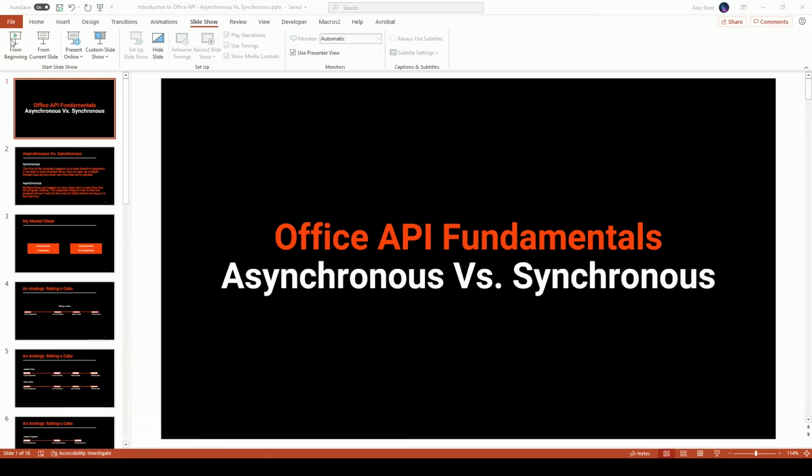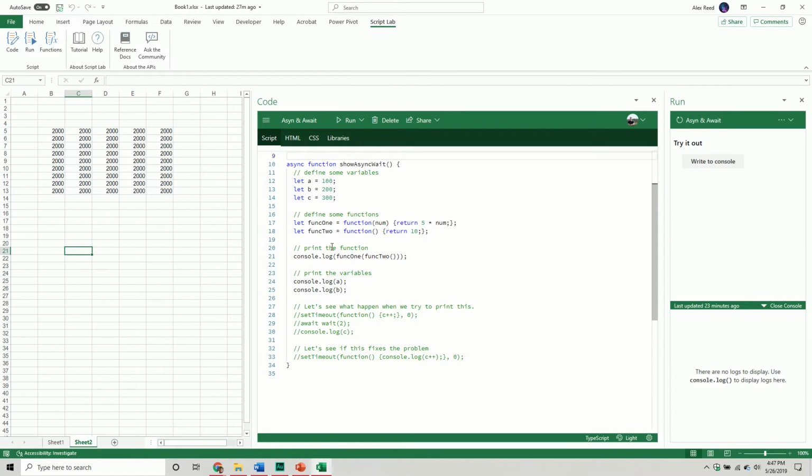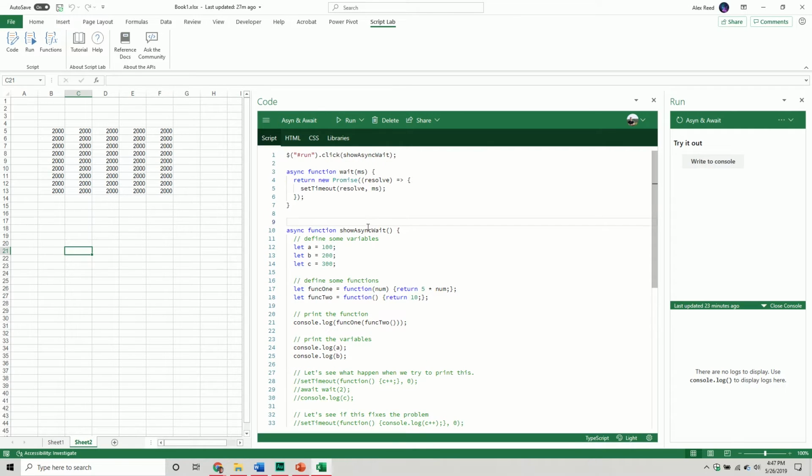Alrighty, so now that we've done that, let's jump into Excel and see this in action. I already have a program built out for us, but I just want to let you guys see where asynchronous behavior can not necessarily give us a wrong result, but give us a result that we weren't necessarily expecting. So right up here, just to give you a little bit of an idea of the background,